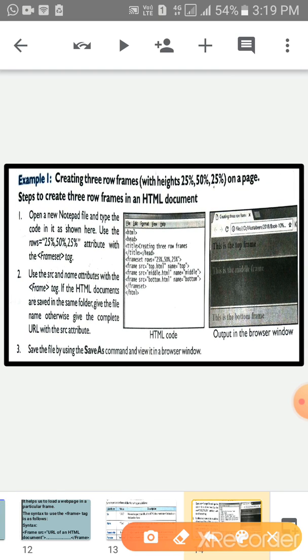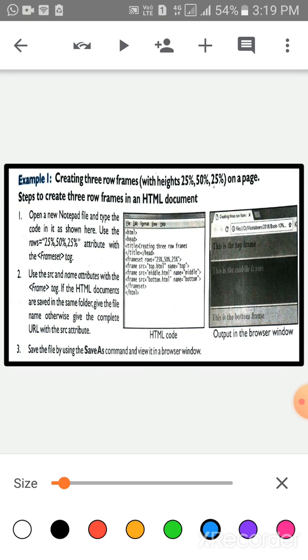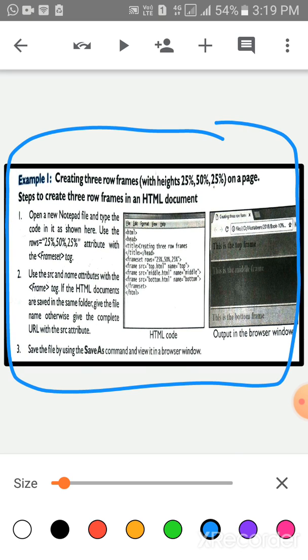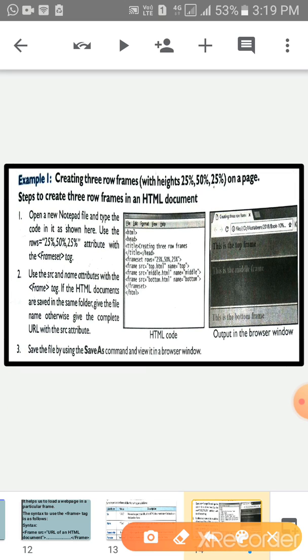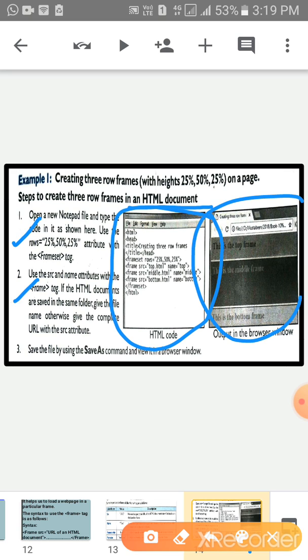Now children, here I have given an example. This is the example for the frame. Create a 3 row frame with height 25%, 50% and 25% on a page. How to do it, children? First of all, follow the steps. Create 3 frames in an HTML document. These are the steps. This is the HTML notepad coding and this is the web page.